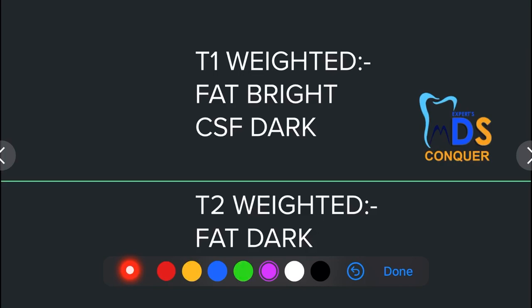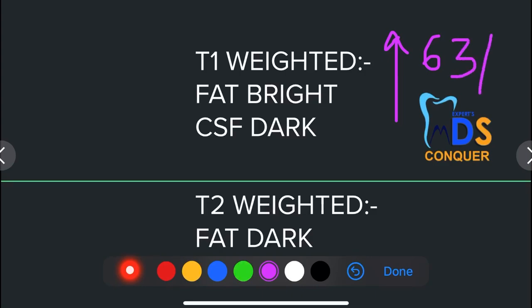Okay, so I feel you need to have a little idea of what is T1 and what is T2 image. A little idea. When a radio frequency pulse is turned off, at the end of the radio frequency pulse, during the relaxation, there is loss of longitudinal magnetization. 63% loss of longitudinal magnetization to return to equilibrium. That is nothing but the T1 relaxation time.